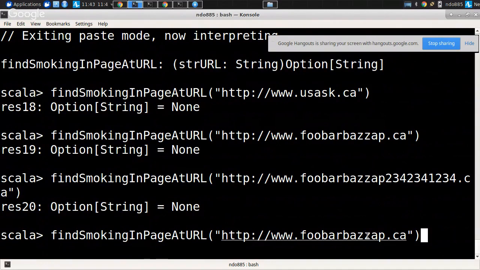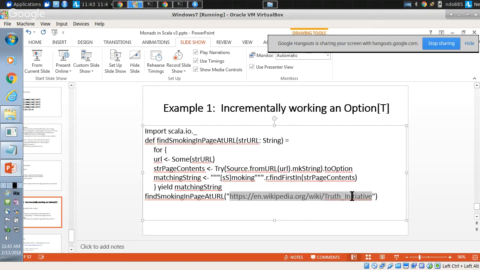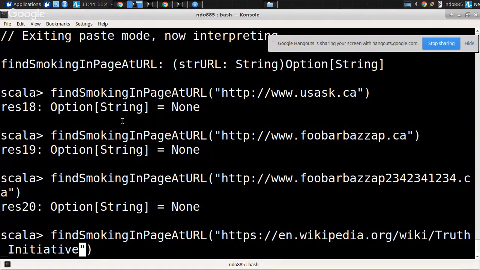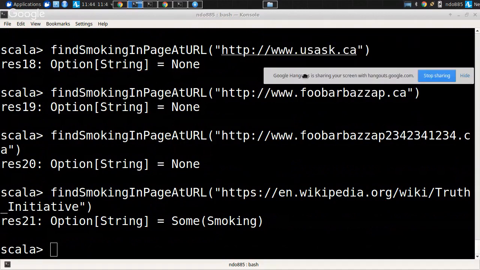Okay, ladies and gentlemen, suppose I were to do it instead in this URL here. Okay, I'm going to copy it, and I'm going to paste it in. Let's choose underbar initiative. And there we are. It found it. So what we've seen here is situations where we could have multiple routes of not finding